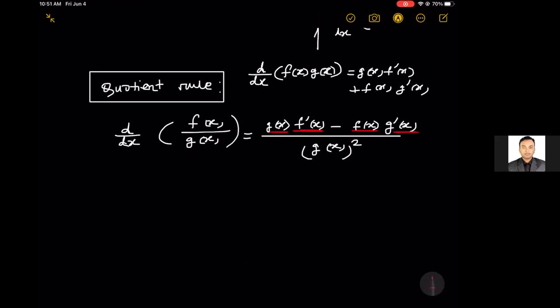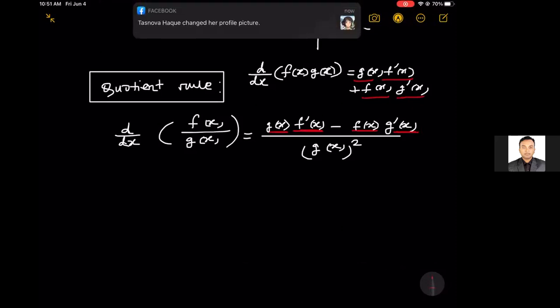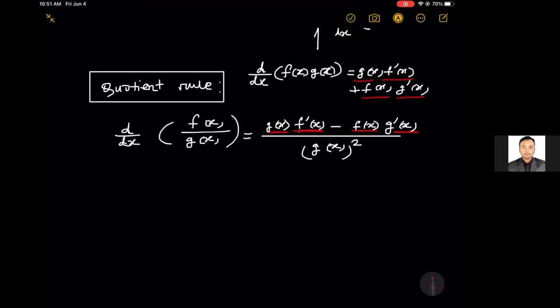What we have done here, you can see g(x) f'(x), f(x) g'(x). It's the same again. So we'll be keeping one and finding the derivative of the other. This part is exactly the same. But